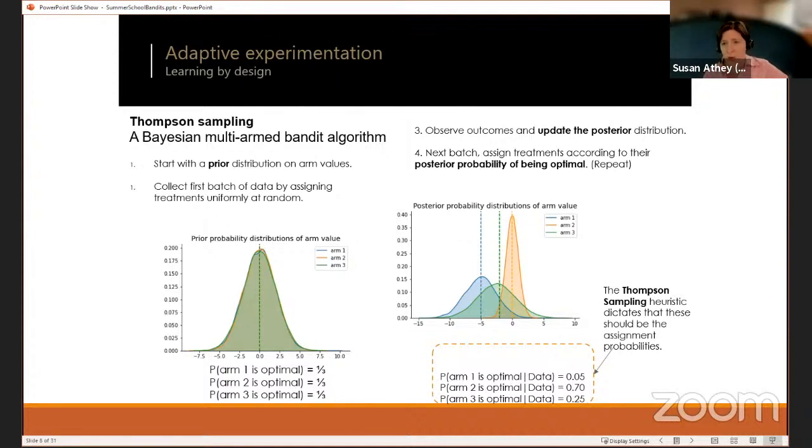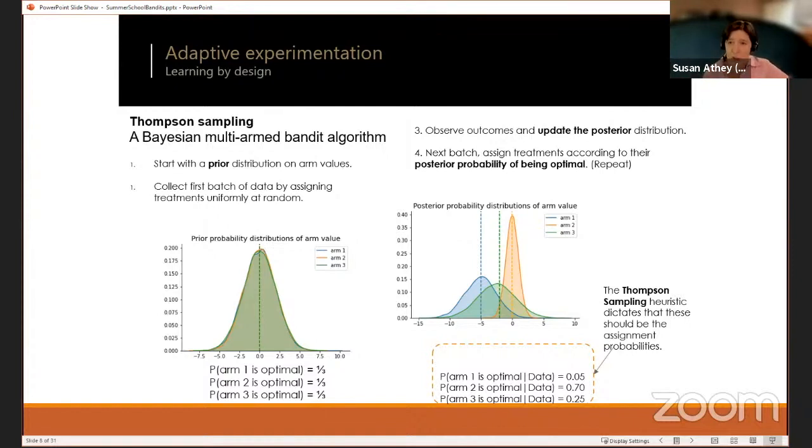Now, if you haven't seen this before, you might be asking, wow, how did they come up with this? How can that be right? How does the math work out so beautifully that this is the perfect answer? And the answer is that no, this is a heuristic. It's not actually necessarily the best thing. We don't know that. It's not obvious by looking at it. But instead, there's a whole theoretical literature around this that shows that, under some conditions and as you take certain limits, this heuristic works well. And actually, there's a whole bunch of definitions of what it means to work well and different ways to analyze whether it works well or not.